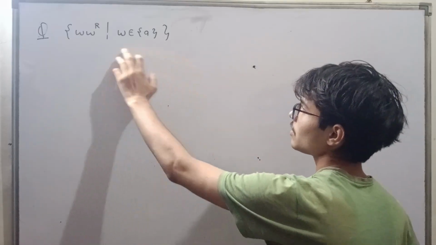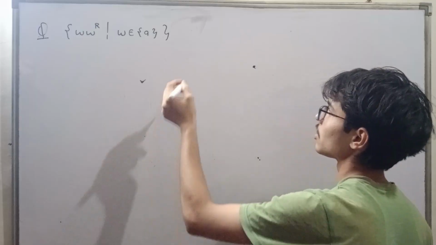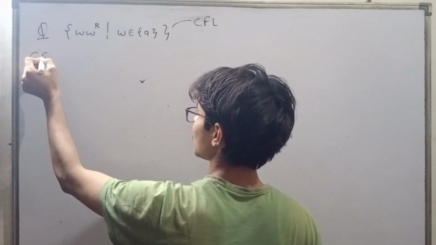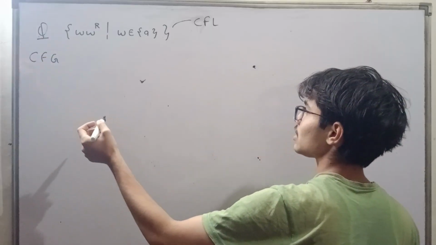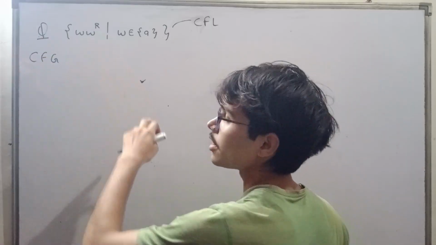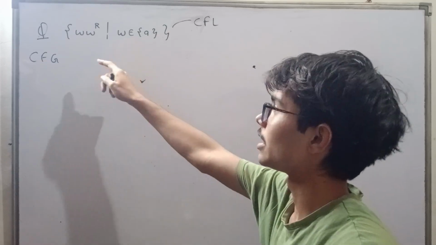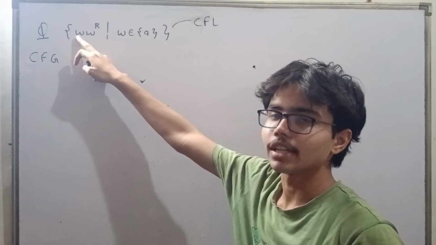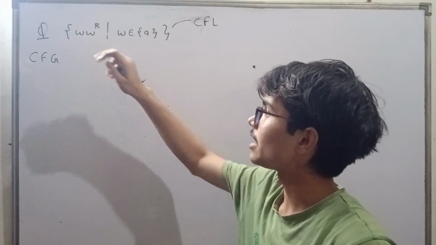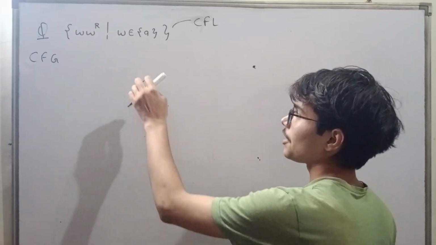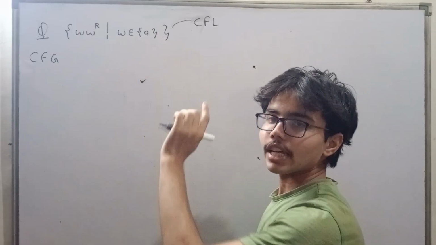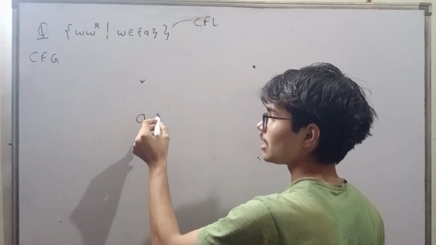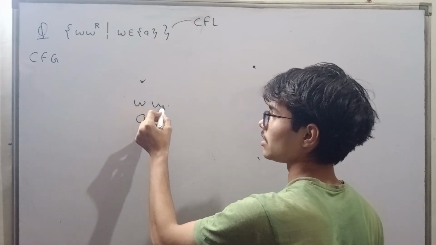Okay, so this is our language. This is our context-free language, and we have to write the context-free grammar for this. So you just have to analyze the question. What is WWR? WR means reverse. Whatever you write in W, you have to write the reverse here. Your domain is A only, one variable. If you write A, then A reverse is A. This is W, this is W reverse.